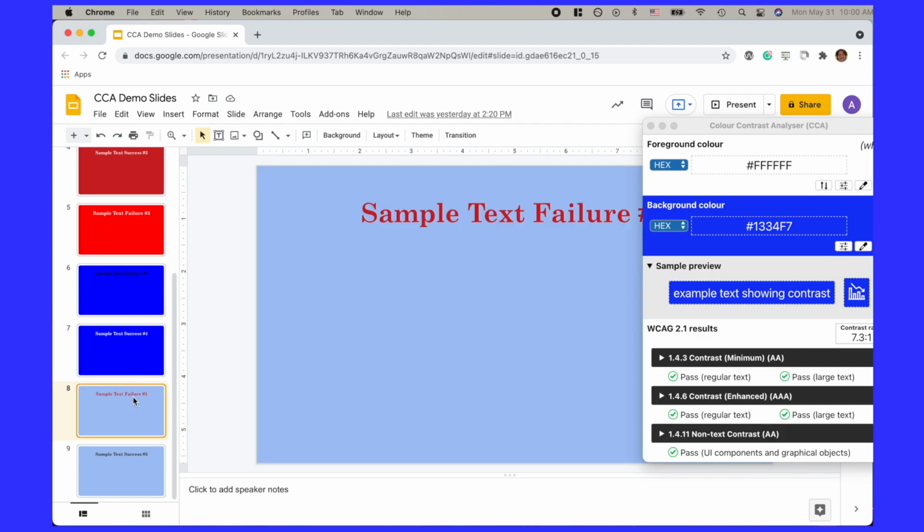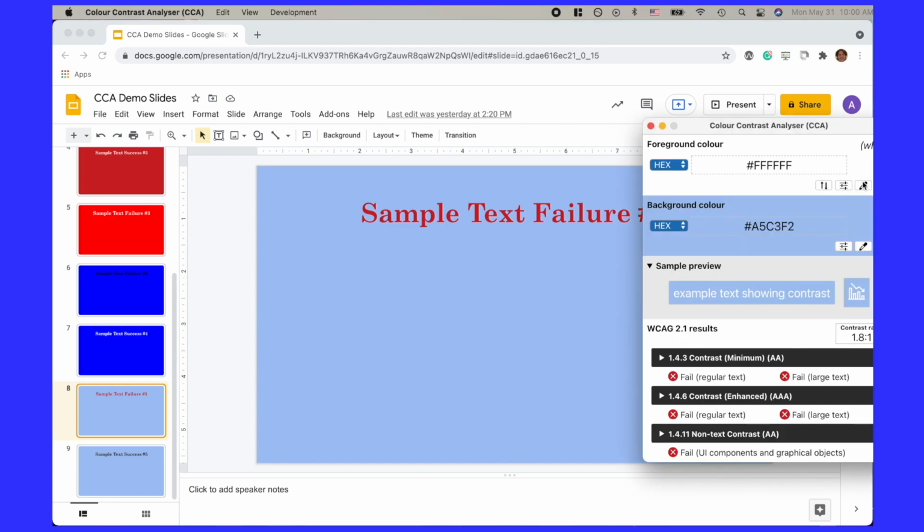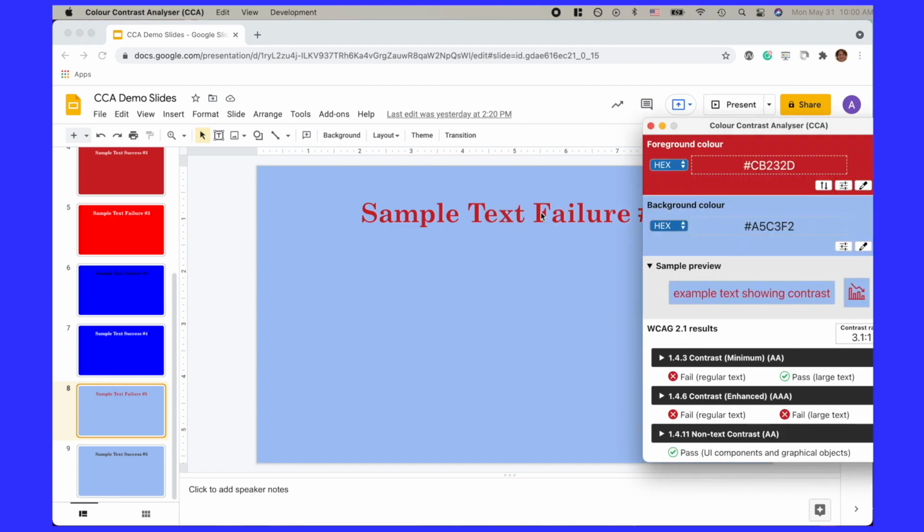So in the next example here, we have this background, and I'm going to drop the background, and we'll use the dropper to get the text here. So we have red on this light blue, and we're really only passing the large text. The contrast ratio is not at 4.5 to 1, so we're not meeting it for regular text on AA. But what we could do in this case, instead of changing the background, you could also change the text.